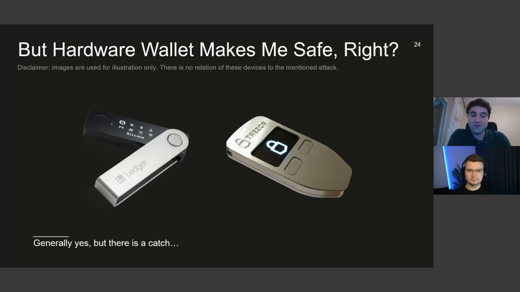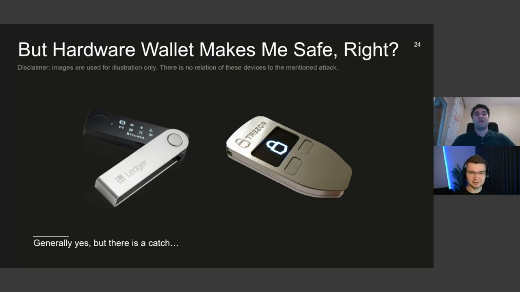users, victims would be kind of suspicious. They would say, hey, I didn't initiate this transaction. Why is this transaction popping up on my hardware wallet? I will refuse it. And then they would know that something is happening, that maybe their computer is infected with malware. But no, the attackers actually are using this psychological trick to successfully deploy their attack. And unfortunately, have these attackers been arrested yet?